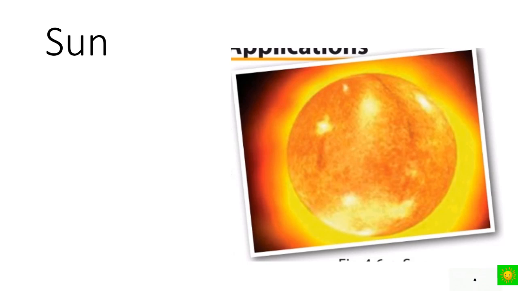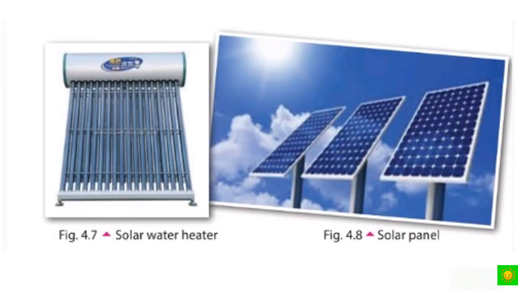This energy can be utilized in many ways, as in drying grains and drying wet clothes. You can see in the first figure a solar water heater, and in the second one a solar panel. A solar water heater is located on the roof of some houses. This can be used to heat water. Solar panels are used on some occasions where electricity cannot be obtained from the main electricity supply to power some electric appliances. Solar panels obtain their energy from sunlight. Even satellites obtain power from solar panels containing many solar cells.